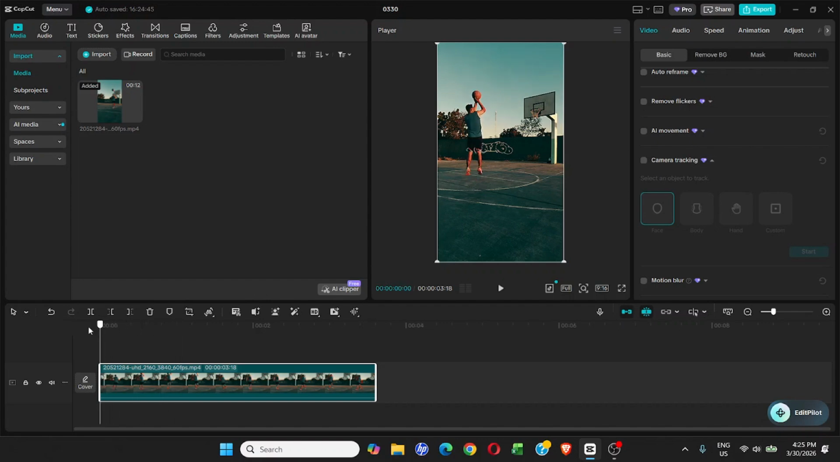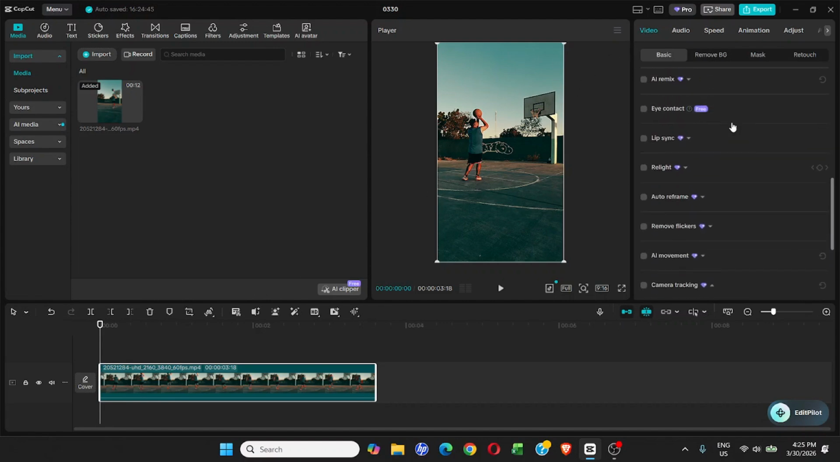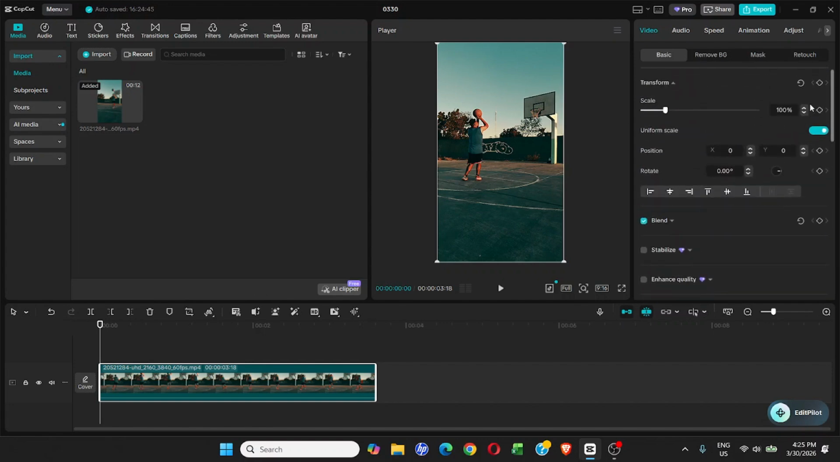I'm gonna go to the very first frame and go to video, and I'm gonna add keyframe here on scale and also on position. Add keyframe. And now if you go, okay, I'm going to zoom in, and then